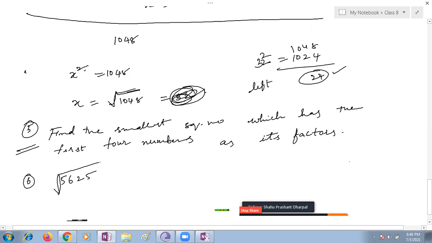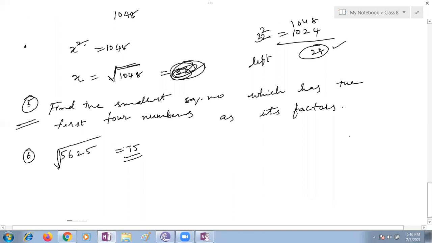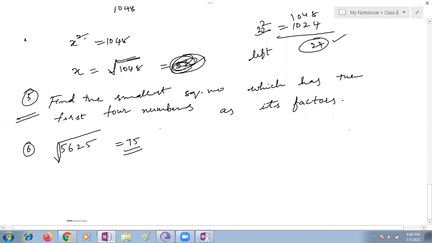Ma'am, under root, x square equals 5625. Yes, 75, ma'am. Yes, very good. I told one example also: 15 square, 20 square, 35 square. What is that trick, children? Do you remember that? Yes, ma'am, I remember. Ma'am, I used that breaking one only here, because 70 squared will be 4900 and it's 5 there, so it will be 5 squared. How you supposed to write 25: you have to add one to this number. This becomes 2, 2 into 1, 225.